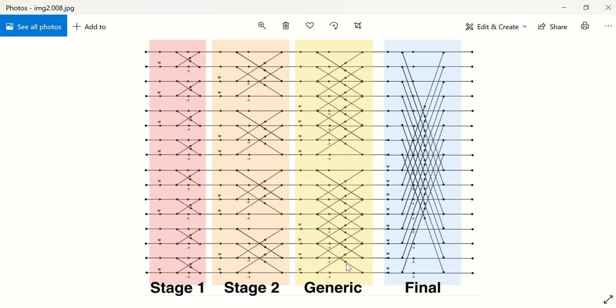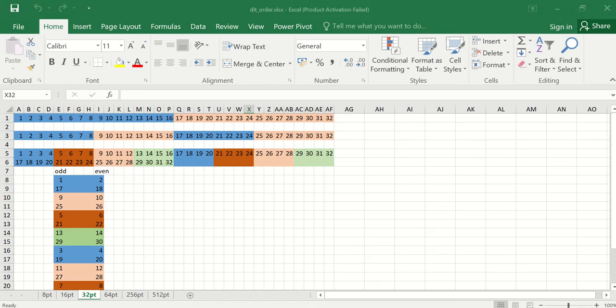Finally, in the last stage, we have the first half, that is, here if you can see, the first 8 outputs are taken and combined with the next 8 outputs with the same concept of a butterfly. So in this diagram it is 8 and 8, but for 32 point FFT it will be 16 and 16.